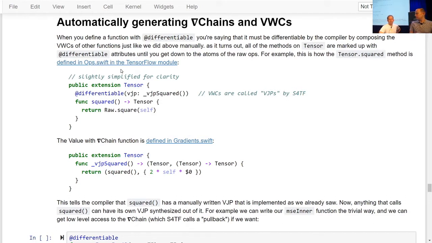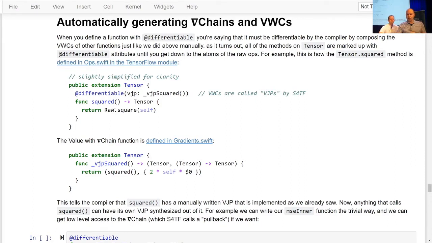And so the atoms of the universe for tensor, the atoms of the universe for float, we've seen, right? We've seen multiply, and we've seen add on floats. Well, if you look at the primitives of the universe for tensor, they're just methods, and they call the raw ops that we showed you last time, right? And so if you go look at the TensorFlow APIs, what you'll see is those atoms have this thing that